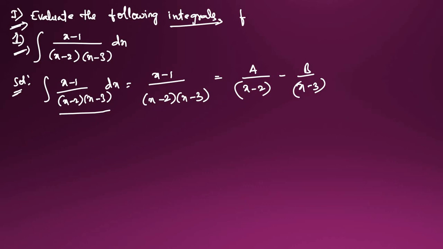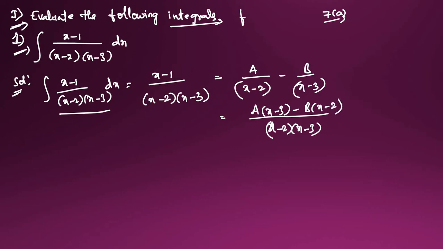Does anyone have an idea? You saw that in the 7th chapter, no? The solutions you will understand easily, so please go through there and watch that one first. So on multiplication, A into (x minus 2) into (x minus 3) will come here. By cross multiplication, A into (x minus 3) minus B into (x minus 2) will come here, and (x minus 1) divided by (x minus 2) into (x minus 3) we will get. In this the denominator will get cancelled. Here, what will remain?